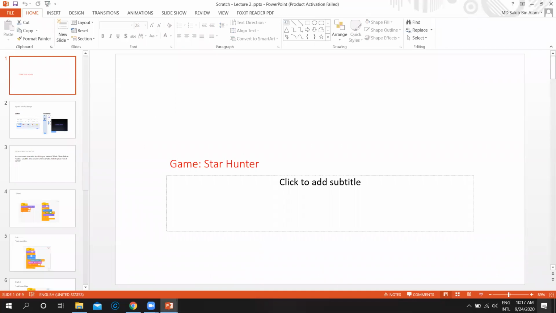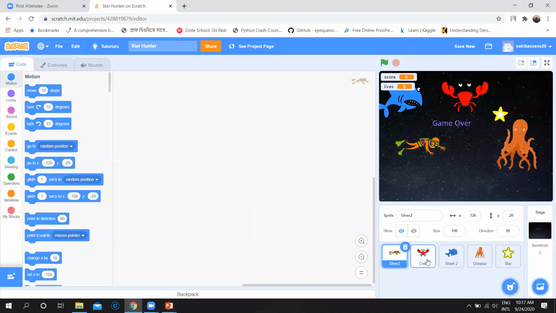Our target is, according to our target, nothing special. We will create a star hunter game. That's why you need 5 or 6 sprites, or you might need more, according to your game development and methodology. You can create another game where you just need 1 or 2 sprites. Here I am creating a game where I will have some enemies, which is why I have created 3 or 4 enemies. You can add more, you can add less. It's totally up to you.